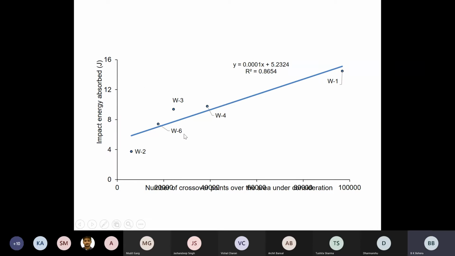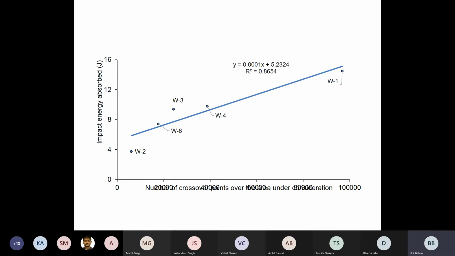This is just to show you one example. Similarly, by changing weave design in a 3D fabric, in all the layers, what I have already shown you, the same weave design in all the layers, you can also vary the weave design in different layers. You can change the other mechanical properties of the fabric and the composite to be made out of that fabric, in terms of tensile, in terms of bending, in terms of compression, in terms of shear properties, and what I am showing here is in terms of impact properties.